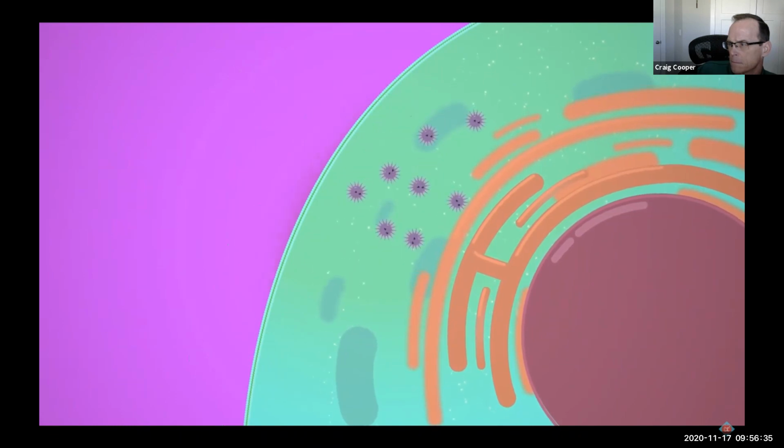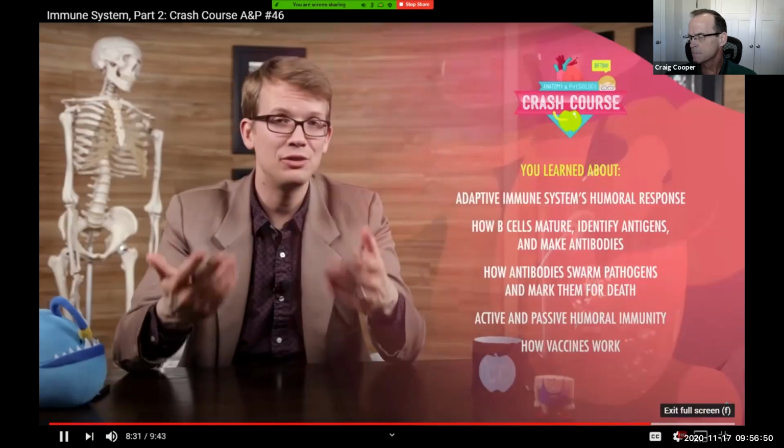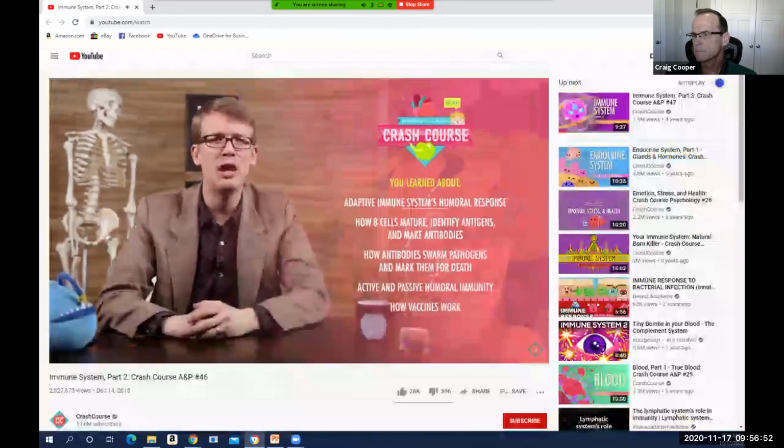But B cells and antibodies are only part of the immunity equation. There are plenty of pathogens that quickly worm their way right inside your cells, where they're safer from the humoral response and free to multiply as much as they'd like. Luckily, your immune system has yet another game plan and a new set of players ready to fight that final battle with cell-to-cell combat. Make sure you catch our final episode next week and learn all about this epic battle royale. But as for today, in our second to last episode, you learned how the adaptive immune